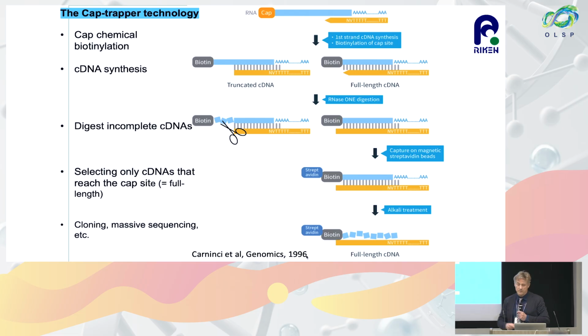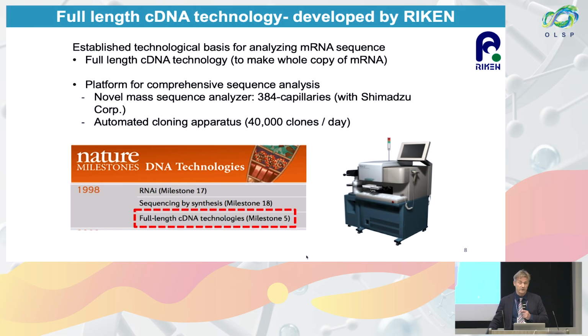Then after various steps, we cloned, and we developed additional technologies for sequencing. The full system was like an industrial production of sequence out of cDNAs, with capillary sequencing done with Shimadzu. At the time we also appreciated the importance of full-length technologies to really discover